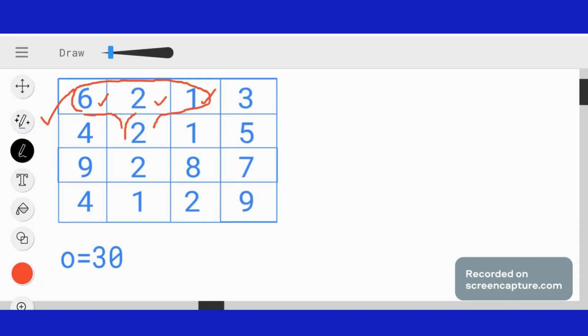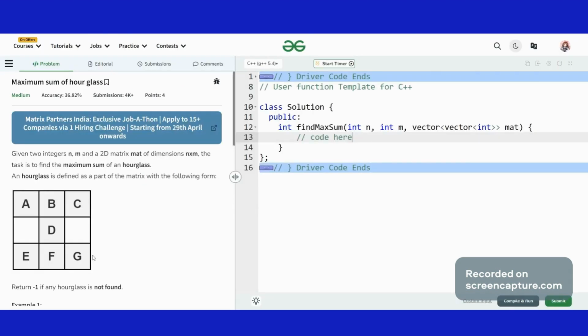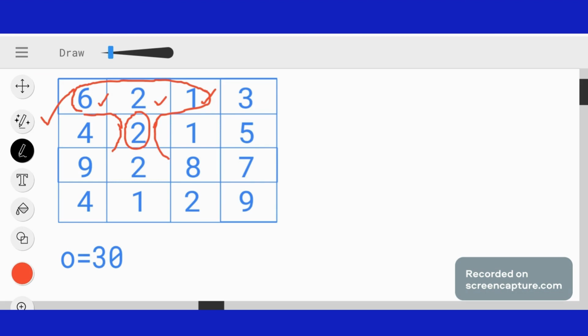So 2 is also the part of our hourglass because this is the middlemost element. Now moving forward, can we say that the bottom three elements present in our matrix are also the part of our hourglass? So what are the bottom three elements here? It is 9, 2, 8. Can we say that this is an hourglass of this whole matrix? Yes, we can say that this is an hourglass. We have created one hourglass.